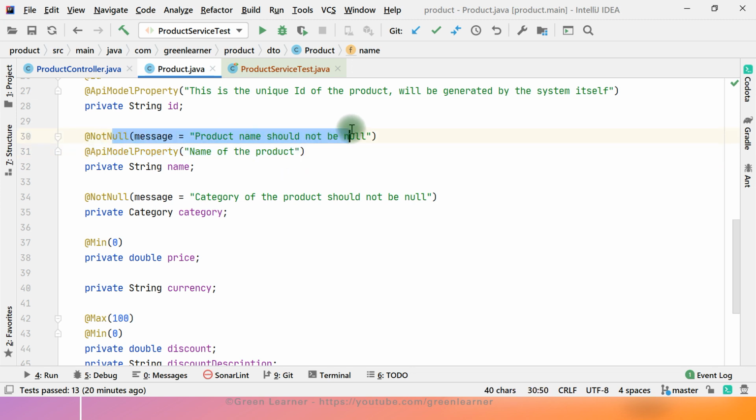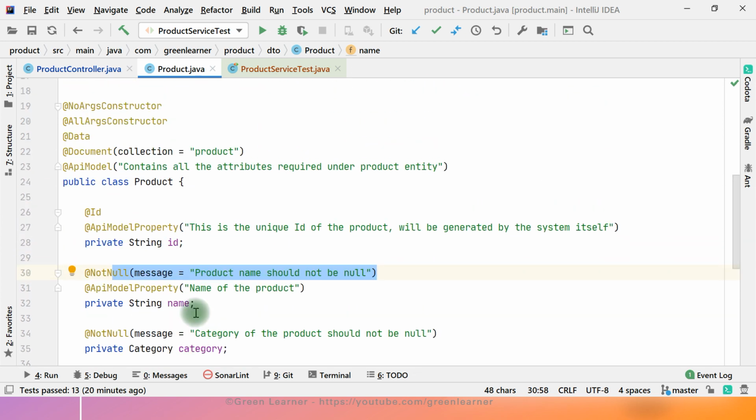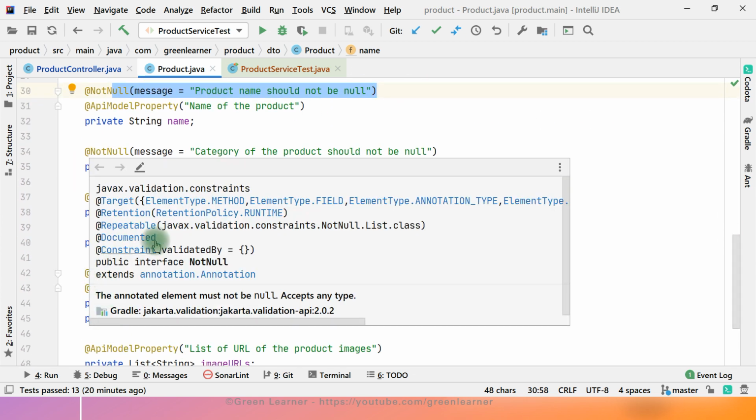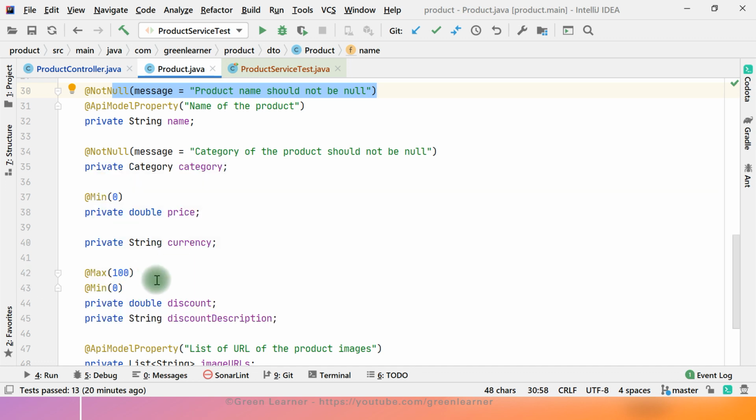But the validation things, not null, minimum, maximum, we have not seen in the unit test cases, because these are intercepted when your real-time servers are running. So these are going to be covered under the integration test cases when we run the mock servers. All these scenarios we are going to cover.